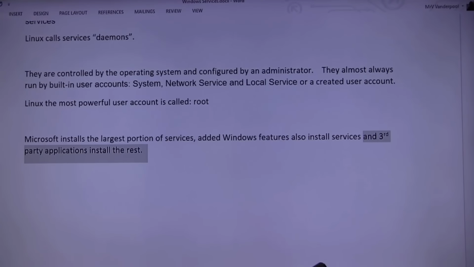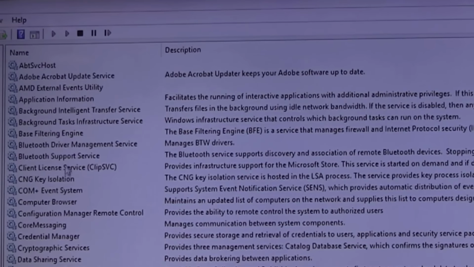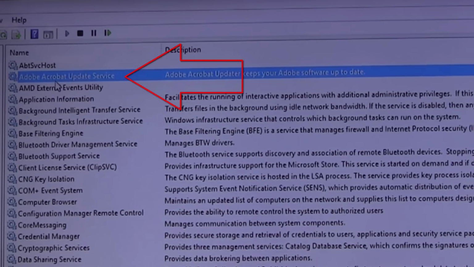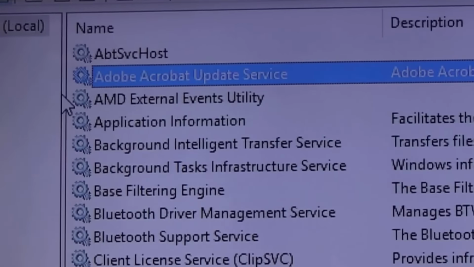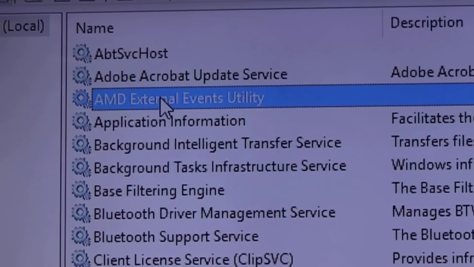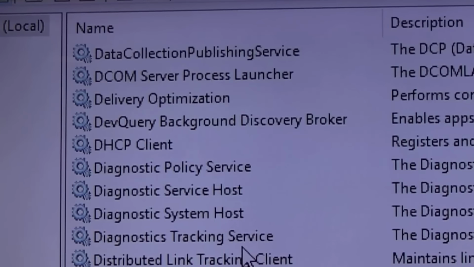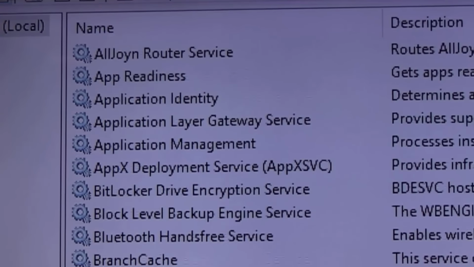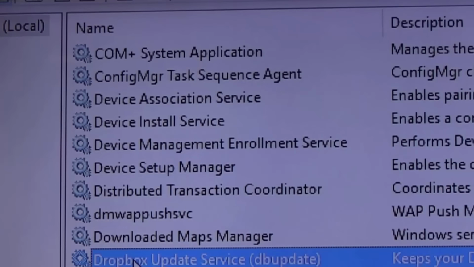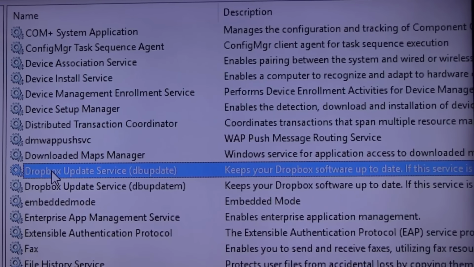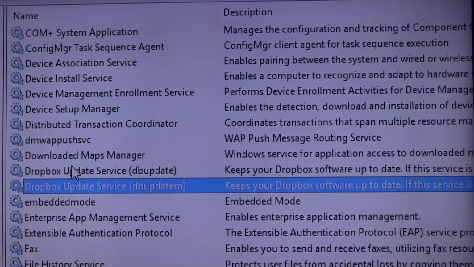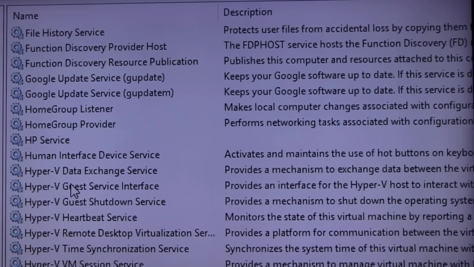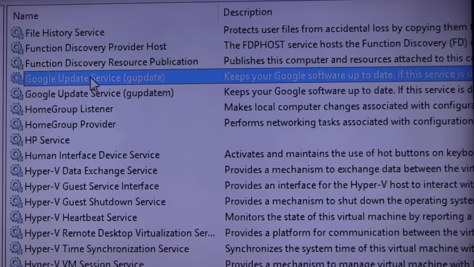So if you go look at your services, let's go take a look, we can look right away and see that is not a Microsoft service. Everyone see that one? That one is not a Microsoft service. So sometimes third-party applications will come in. In fact, if we go down here, I should see an NVIDIA. Here is, I just saw it, Dropbox. So there's a service that was loaded when you installed what? Dropbox. And also it looked like it installed two services. So sometimes third party, look at that one. Who is that? Google. That's our favorite friend, Google.